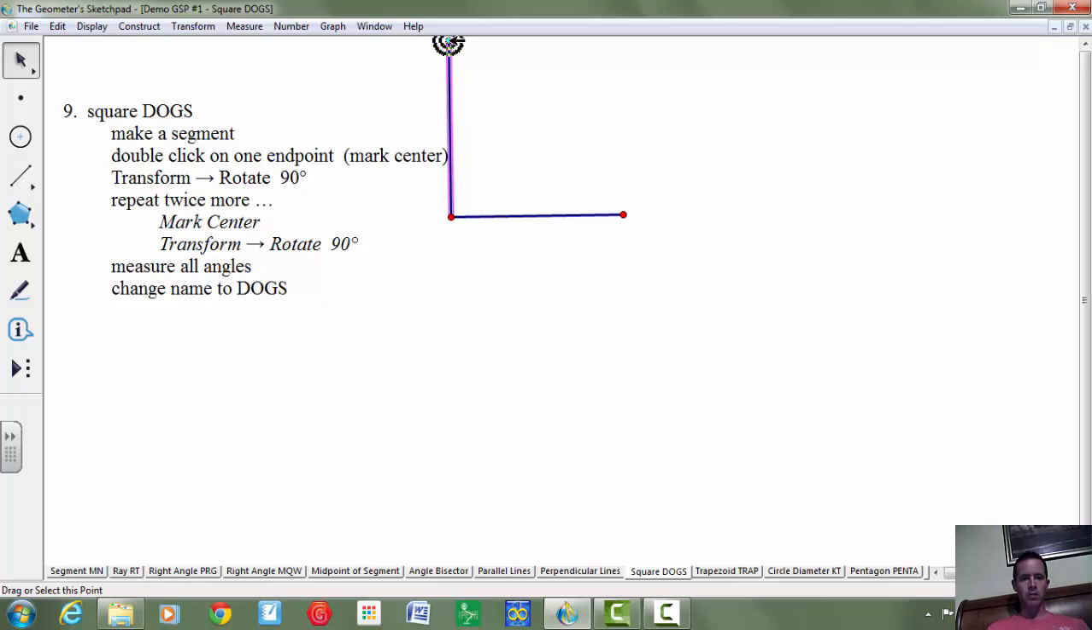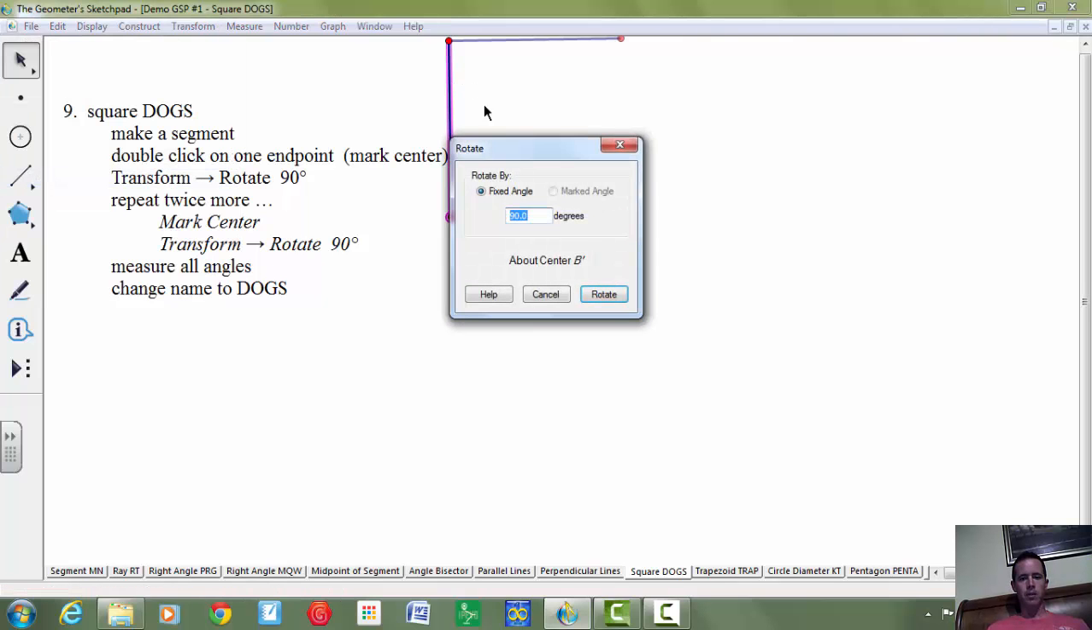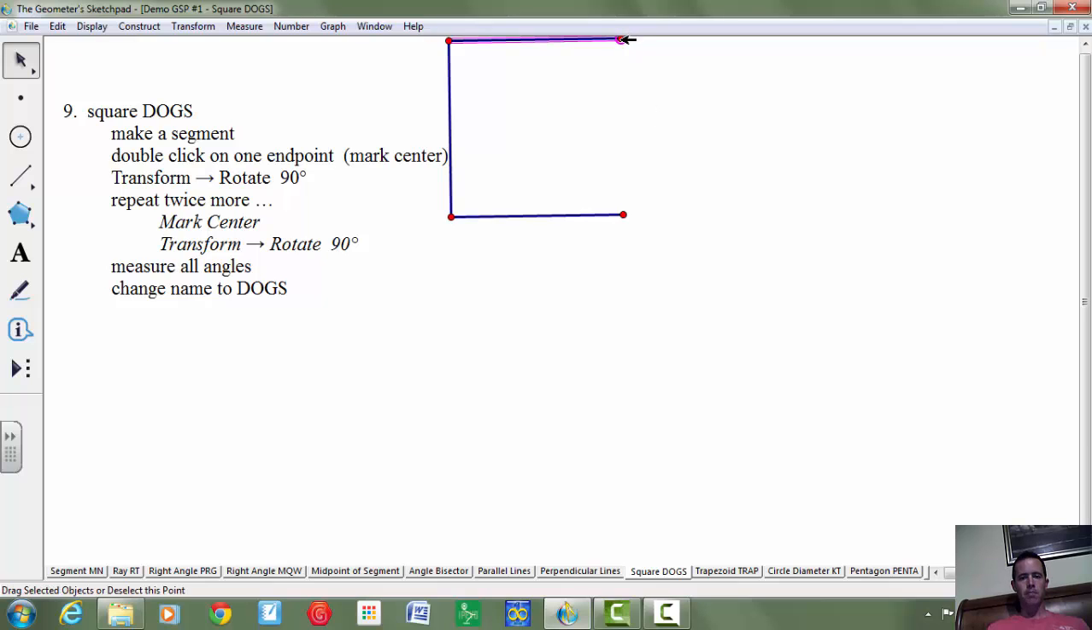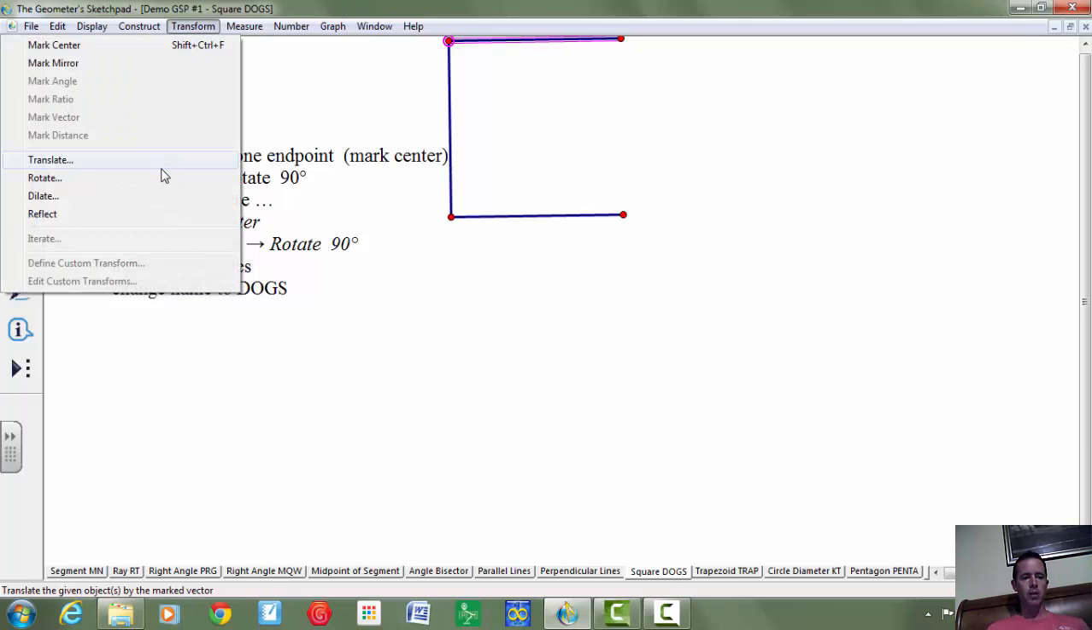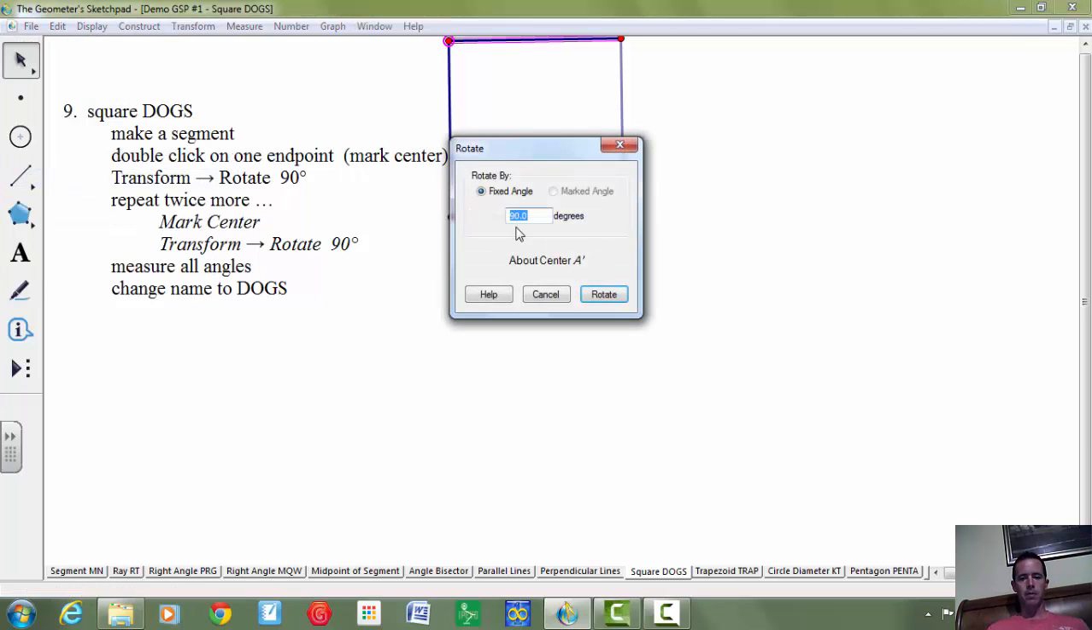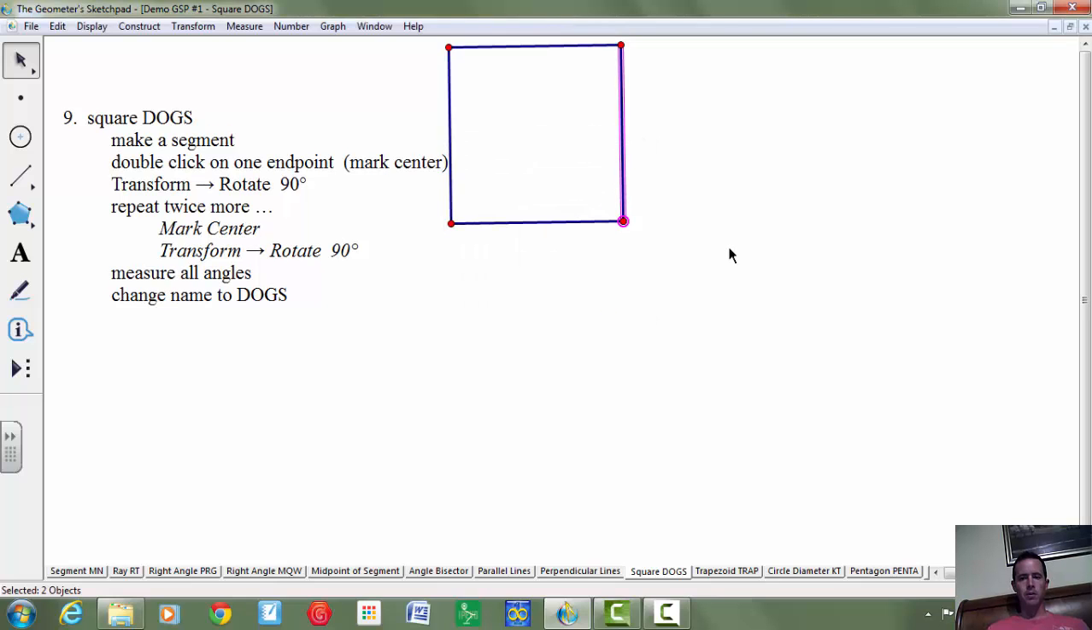So I'm going to mark this as the center. I'm going to highlight the segment and the point. Transform, Rotate 90 degrees and say OK. One more time, mark this as the center, grab the segment and the point, transform, rotate, and we're going to rotate it 90 degrees. So now I have my square here, and I've done all that, and it says measure